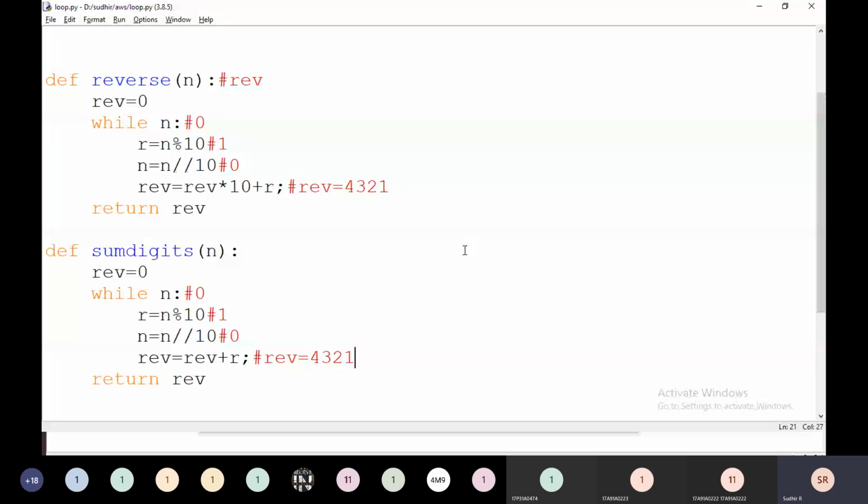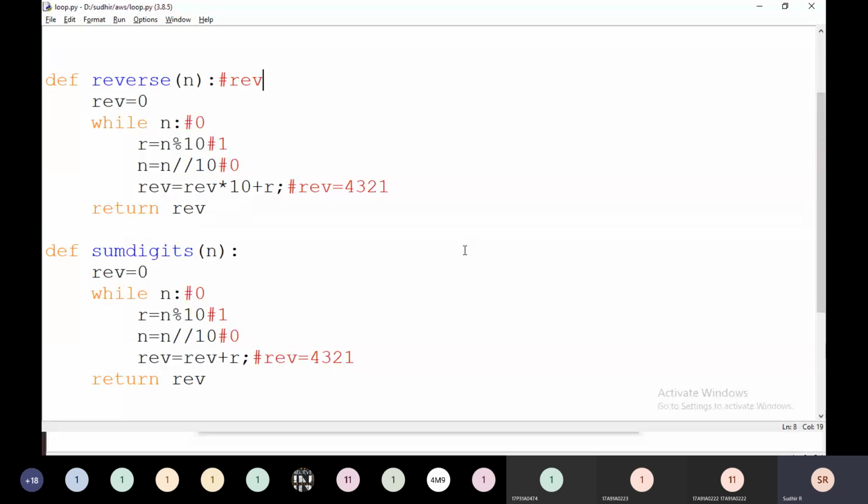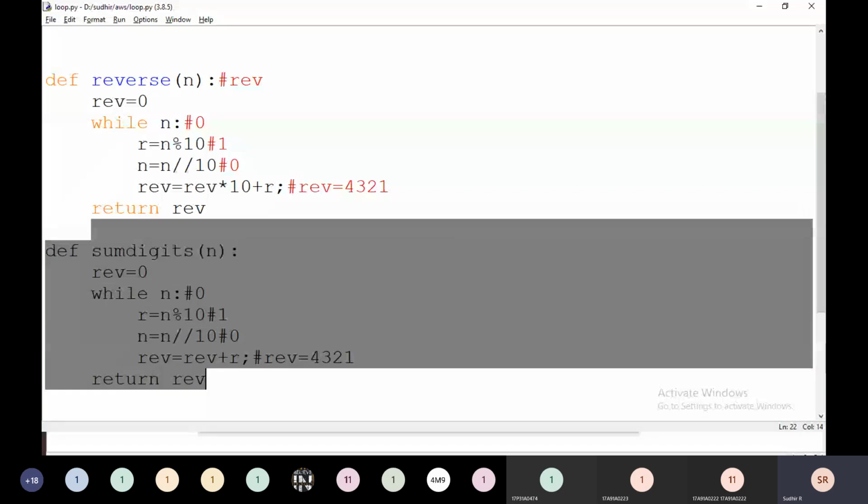Yes, now I am going to give a very small task to you for tomorrow. What is that? I am writing here the logic using some function, right? Reverse of function, and here I am writing sum of digits function. Just read about what is the recursion. Study about something about recursion and try to implement these two functionalities using recursion.